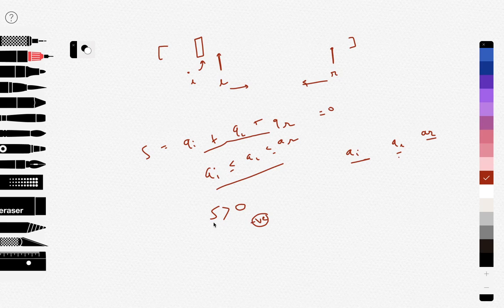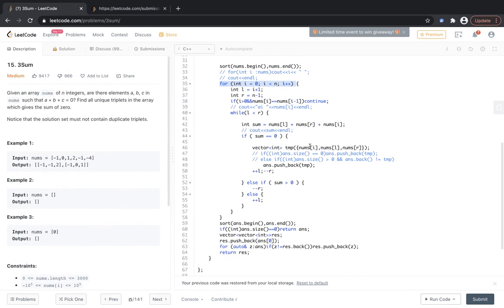Since we need to decrease s, the quantity we add should be lesser, and since a[r] is the higher thing, we must decrease it to make the sum less. Similarly, if s is less than 0, we must add something to it, and to do that we must increase the current l. So that is how we will handle this.